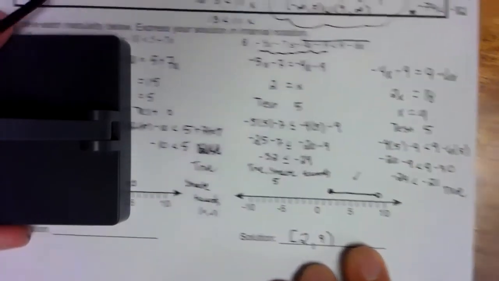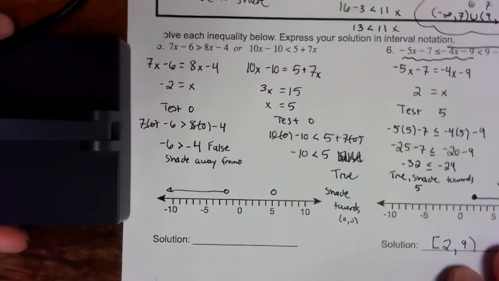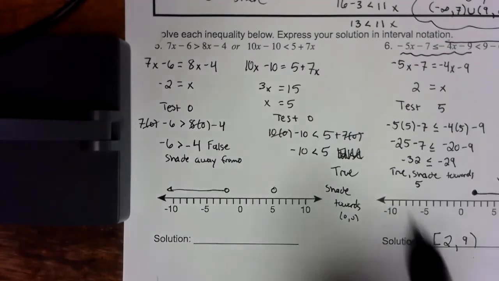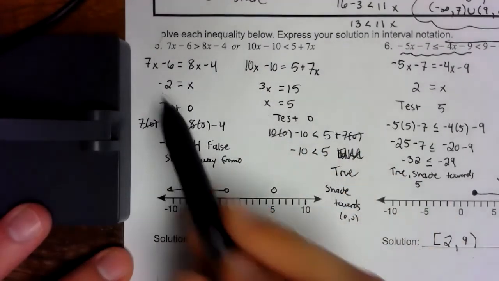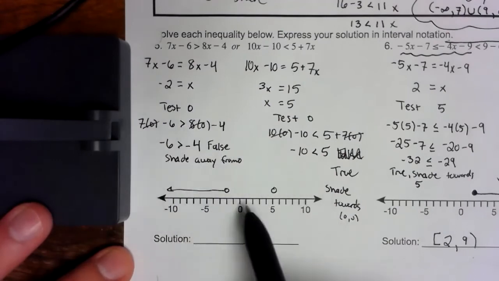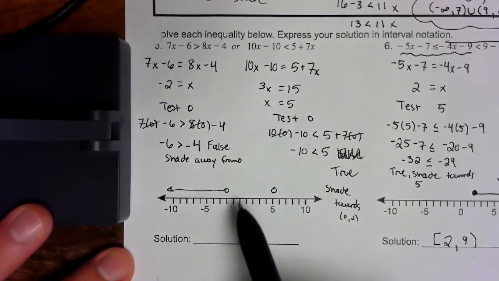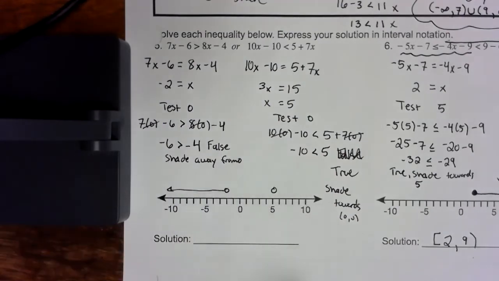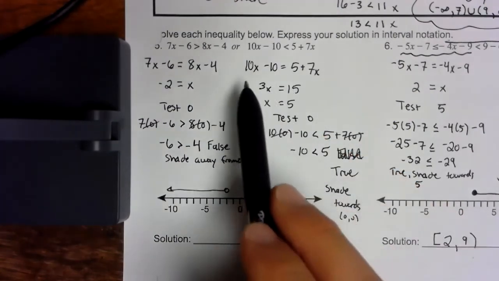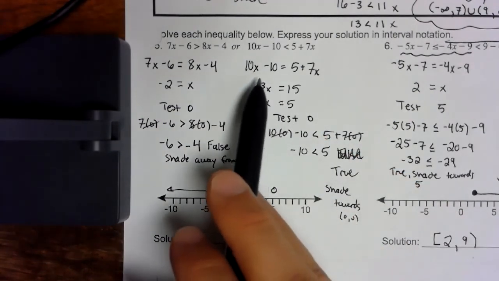All right, let's come back to this first one. And everything seems to be just fine. You solve the left side, you get an anchor point at negative 2. When you test 0, we can test 0 because it is in the middle this time. I get that as false, and it's telling me to shade away, which is what I would think because it's an OR inequality. Now, for the right side here, I start to see that as I solve it, we get